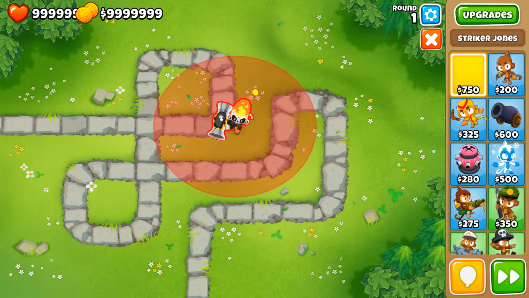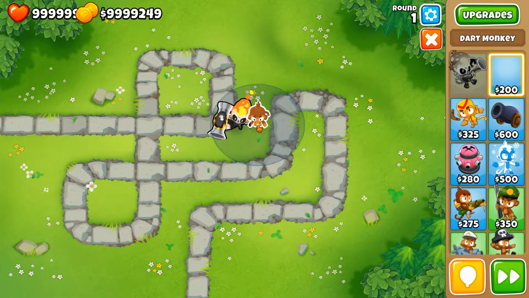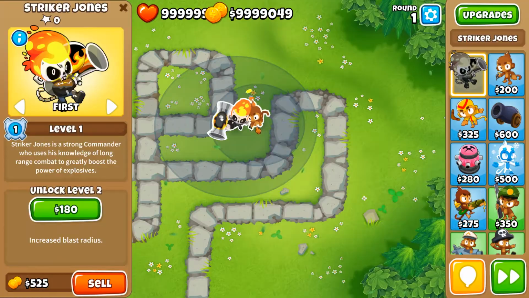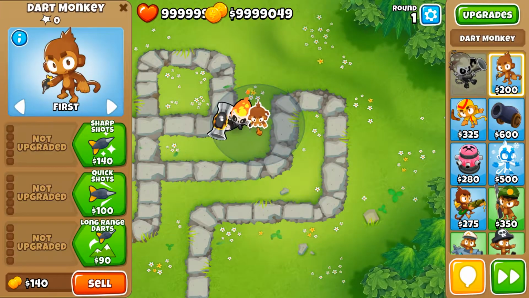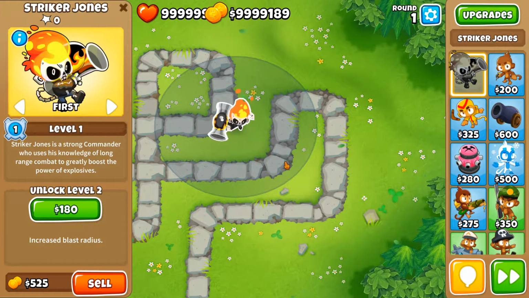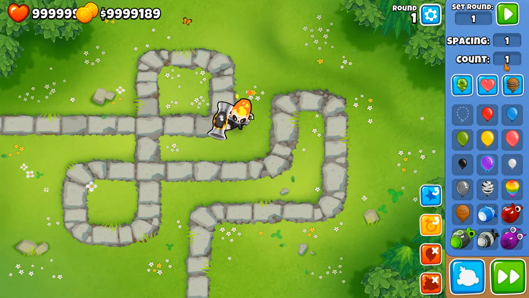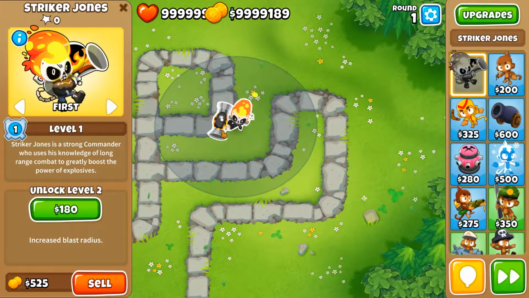And let's take a look at his basic stats. So his range is quite large. He's larger than Quincy's, and comparing it to other monkey range is like super larger, almost 2 times. His damage is going to be 1 layer, so with each hit he's gonna pop 1 layer of the Bloons. His piercing is 10. Now the piercing for towers that use explosives like Striker Jones or like bombs or mortars